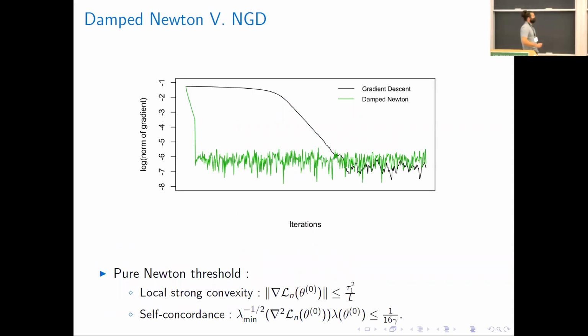In fact, here I'm showing, without telling you what self-concordant is, but happy to talk about it offline, the same Huber regression problem, but with a self-concordant version of Huber's loss. What happens here shows what you can win by using Newton as opposed to gradient descent, because with gradient descent and local strong convexity, you can use only log n steps, and you converge linearly, but you only do that locally.